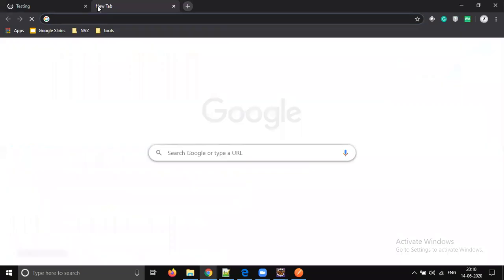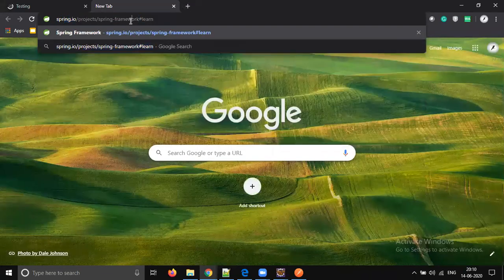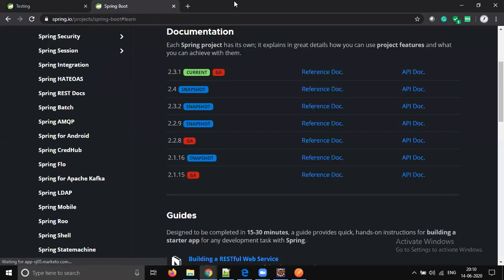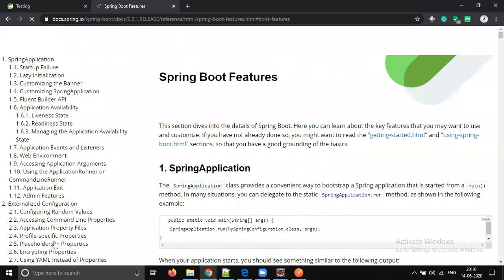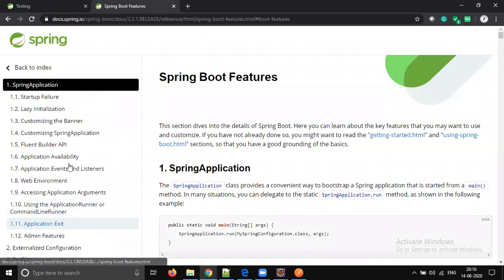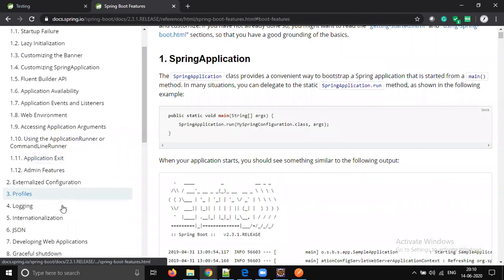Spring Boot also talks about testing, but it's very high-level information, not even a single page, just a few lines of statements saying this is what testing is. Let's go to Spring Boot features. So let's compare the Spring Framework testing library and Spring Boot testing. There is a dedicated section here also called testing.